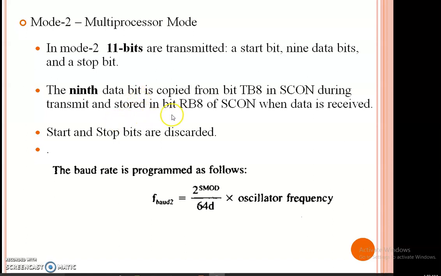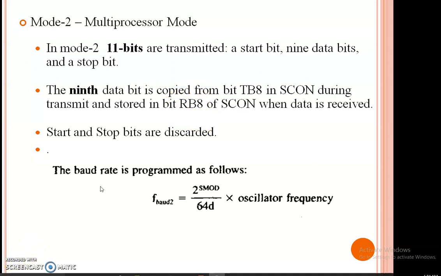So here TXD and RXD are used for transmission and reception. SBUF has 8-bit data. Then what about the 9th bit? So you have to transmit the actual 9 bits. SBUF will give the 8 bits, but how to get the 9th bit? When you are transmitting the data, TB8 will give the 9th bit. When you are receiving the data, the RB8 bit will receive the 9th bit. SBUF will receive 8 bits and the 9th bit is received by RB8. So this is our TB8 and RB8, used in mode 2 as well as mode 3.